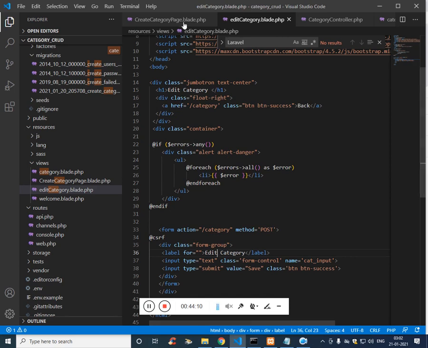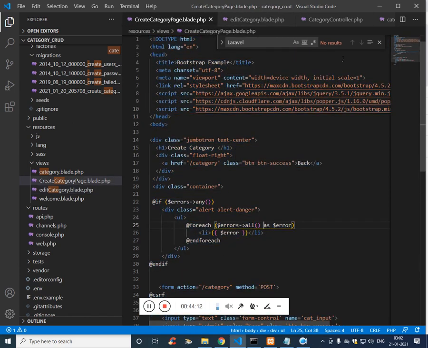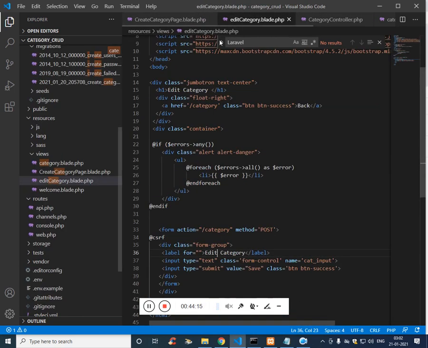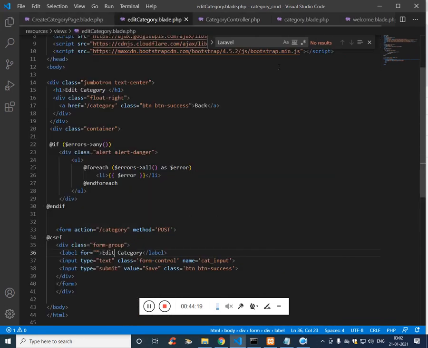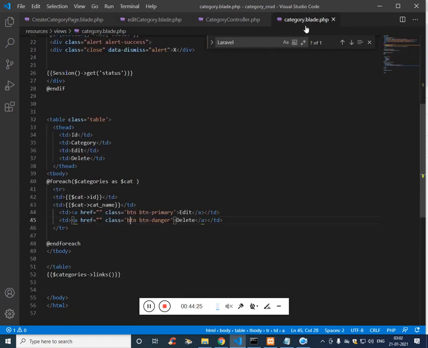And now we have to pass the URL on the index page. Where is the index page? Control D, index. Index is in the category. So here we have to pass the URL.